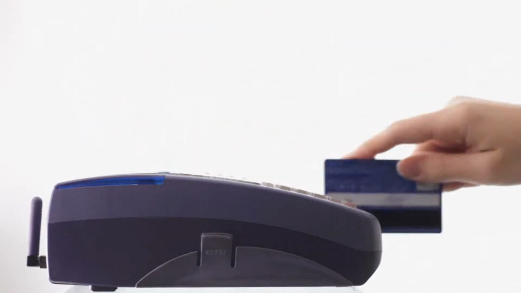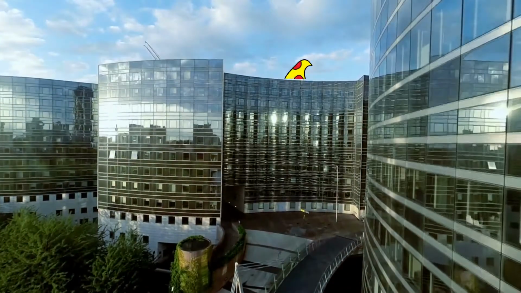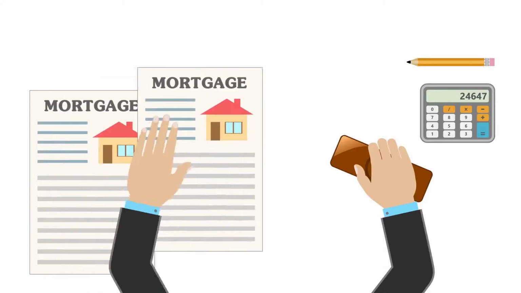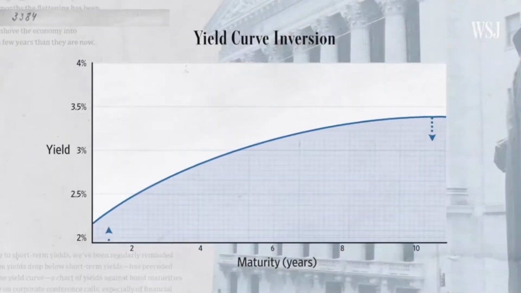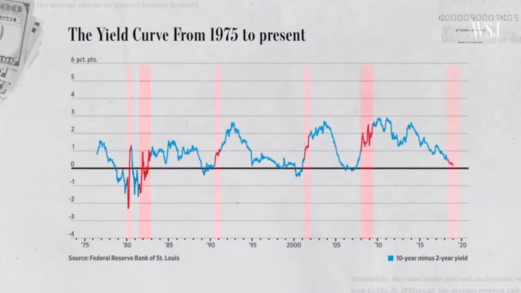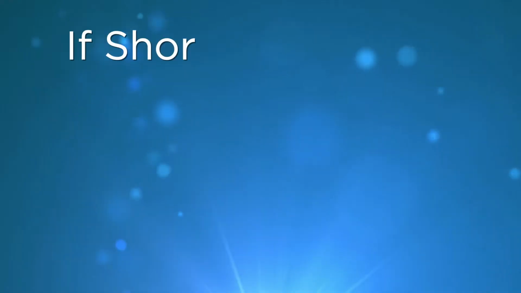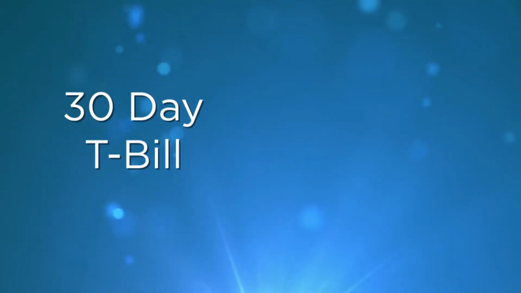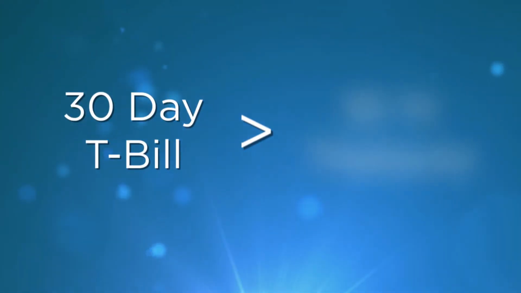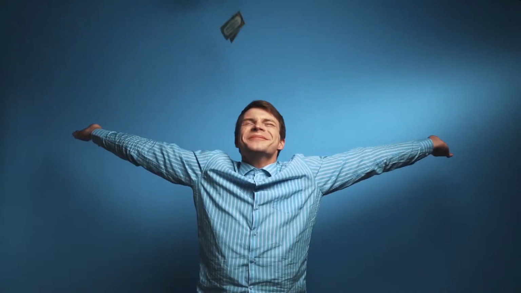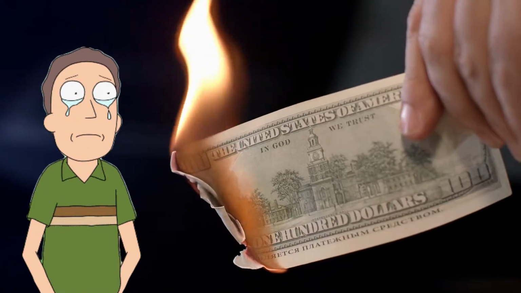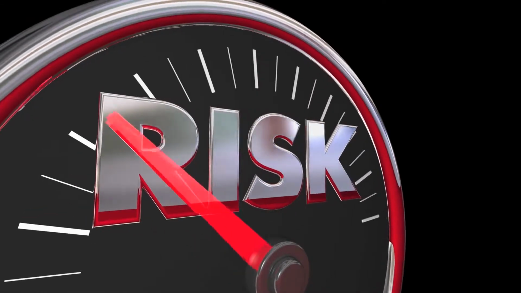Let's take credit, for example. Well, a large portion of credit is coming from banks. These banks make their dough by borrowing short-term and lending long-term. So all these folks talking about yield curve inversion as a recession indicator are all just trying to get a pulse on bank lending. If short-term rates, say a 30-day T-bill, are higher than long-term rates, say a 10-year treasury, then it's only rational for all those bankers out there to start reining in lending, as it has become less profitable and thus more risky for them to do so.